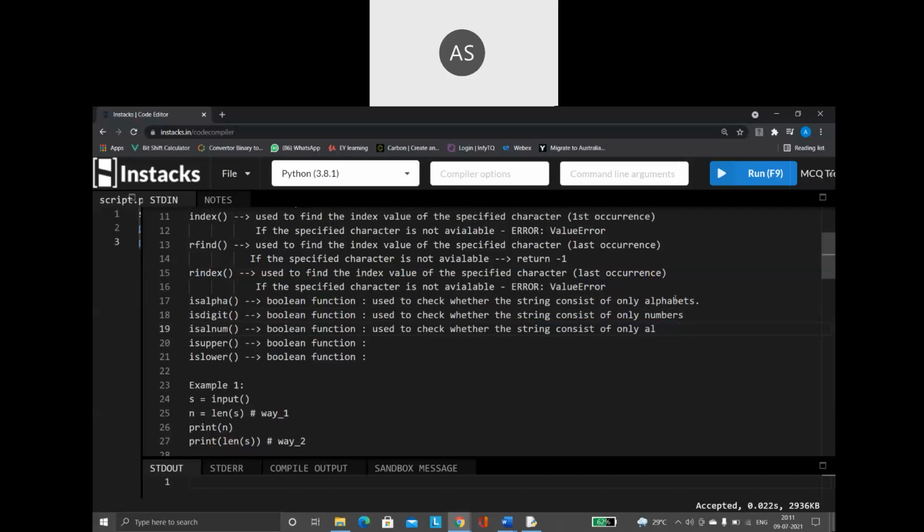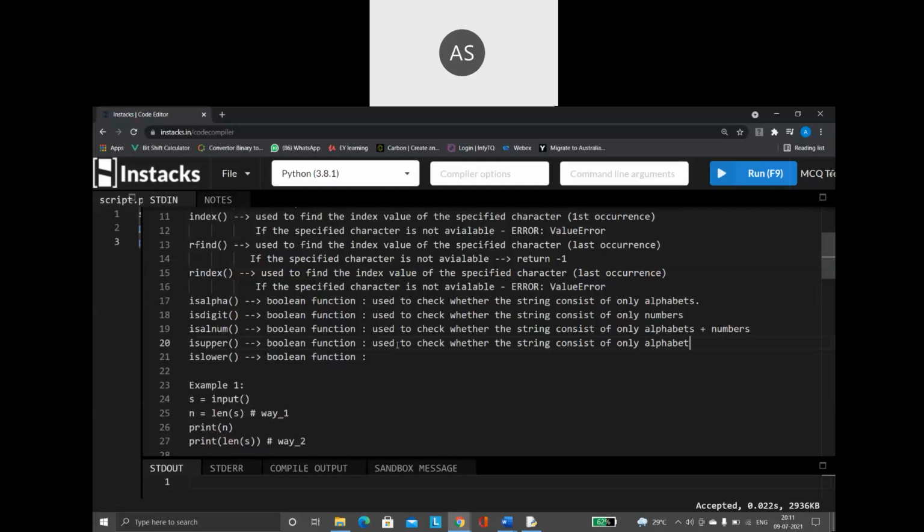Alnum means alphabets plus numbers. So the string can be either alphabets or numbers or a combination of both. That is what your isalnum function is going to be doing. What is the isupper function going to do?